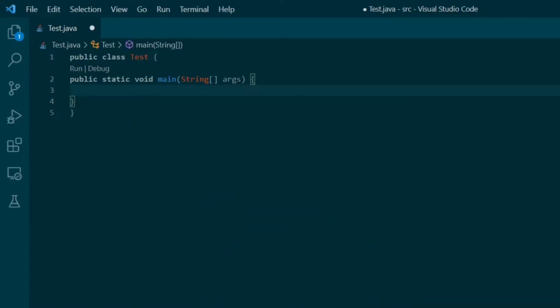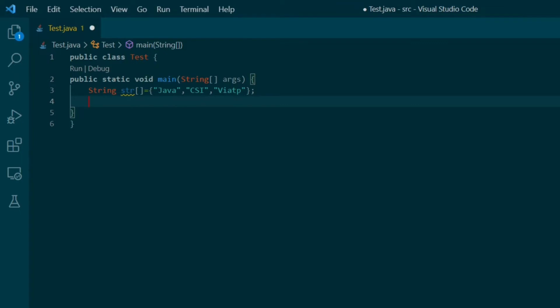I'll just create a main method, and in this main method let's create an array of data type string. The simple syntax is String, then the name of the array, let's say it is str, equal to, and here we have to enter the data in the array of type string. So let's add, let's say Java, and let's say CSS, and let's say PLT. Okay, so it is a very simple topic.